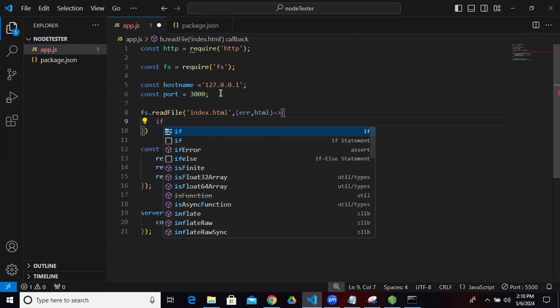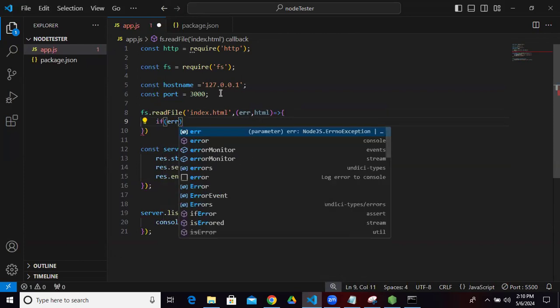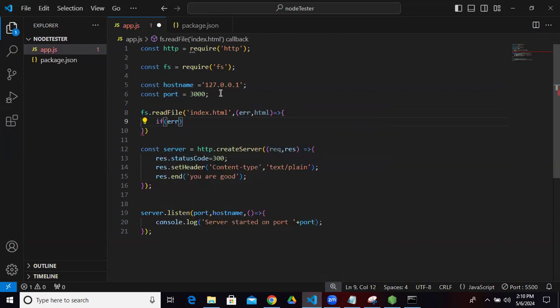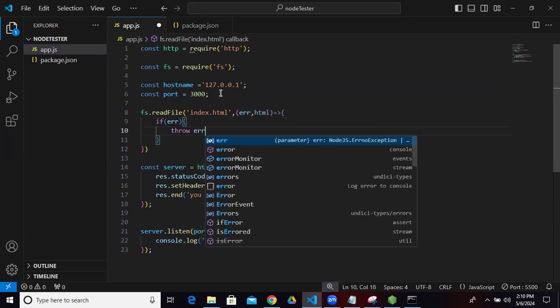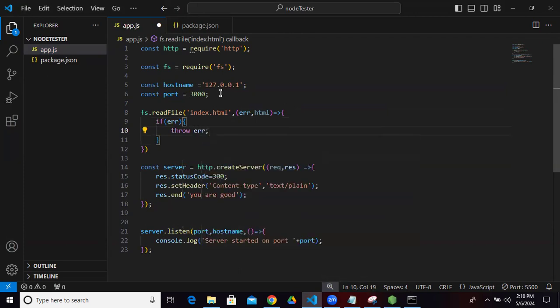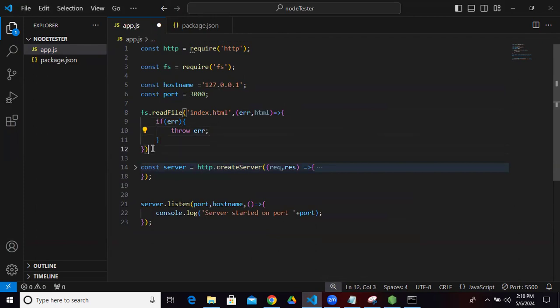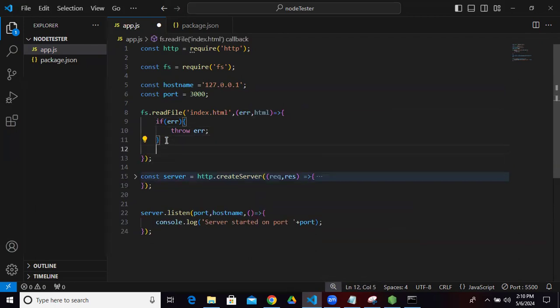Then we're going to use an if statement. If error, what happens? If there's an error, what happens? So we want it to throw that error. Now, from this point, I need to come down here. So I will assign a semicolon at the end, but I'm going to kind of